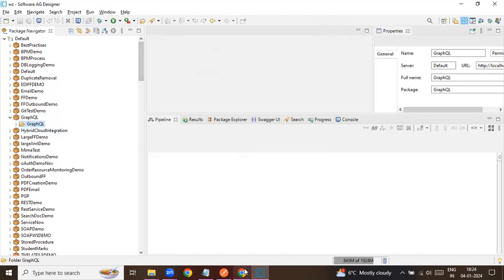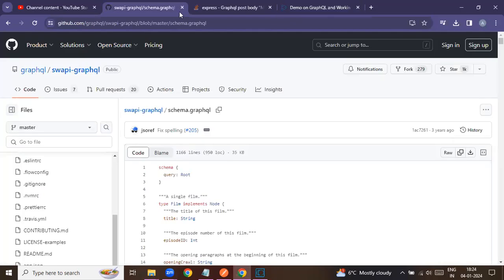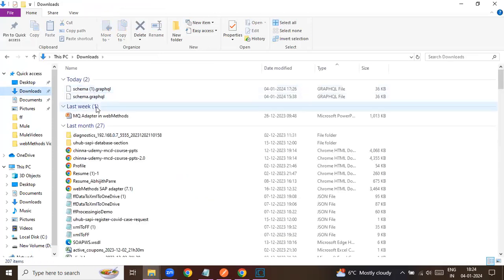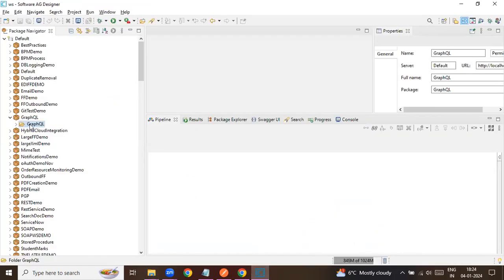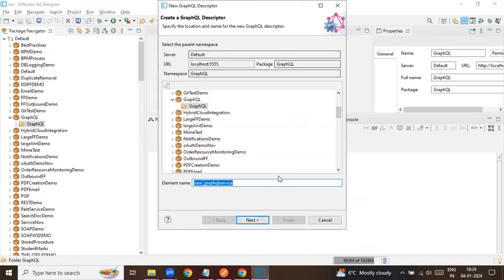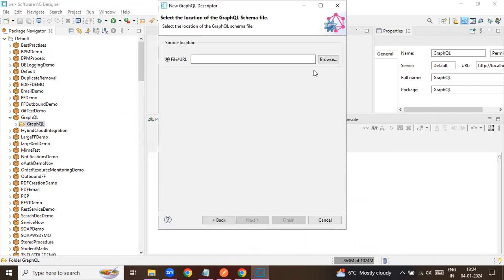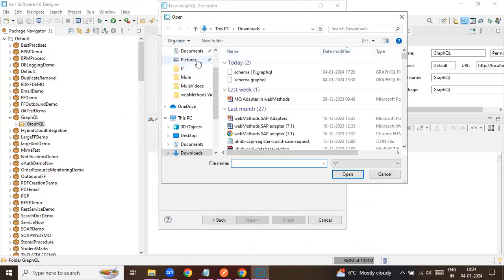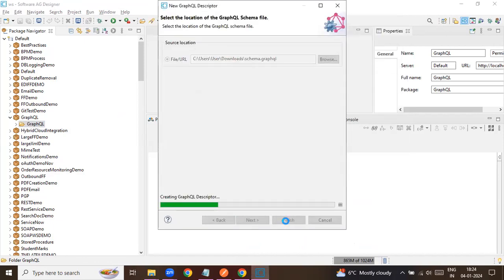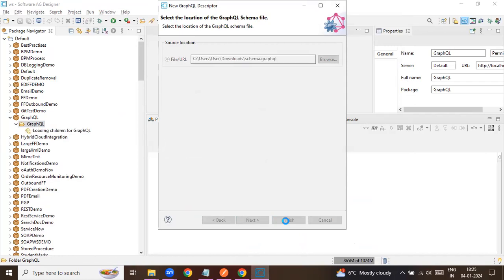Now what I'll do is, I've downloaded this schema. This is a schema which I got from GitHub. So using this schema, I'll create a script. I'll select the file from my location and finish. webMethods in the background creates all the required folders and